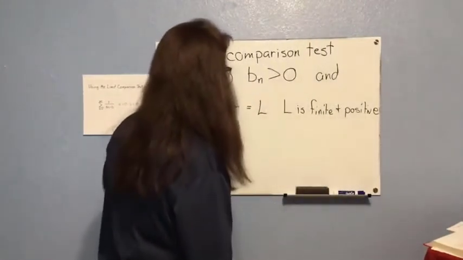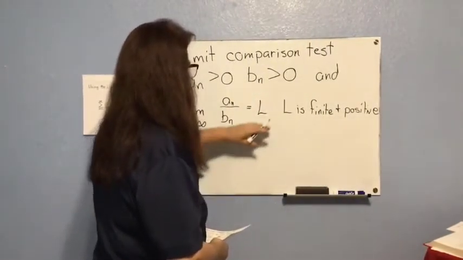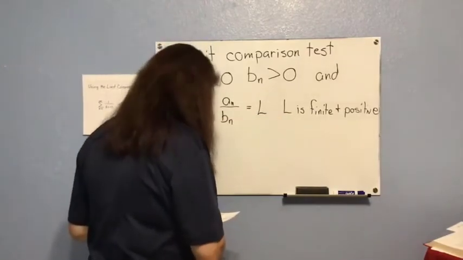Okay, if this is true, that the ratio of the two series does have a limit and the limit is finite and positive,